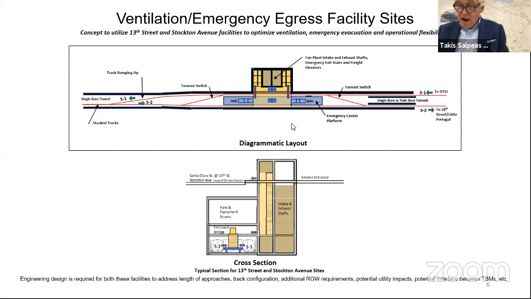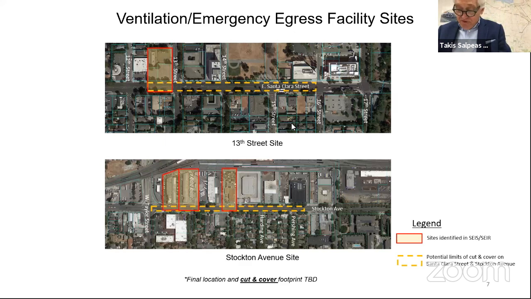And then as they continue downtown, one track will go above the other. The ramps, as Bernice mentioned. And if you go to page 7, you will see 2 aerial pictures just to give you a concept of where these ventilation structures are. The environmental document previously approved had a clear location for the above ground ventilation service facility, something like a 60 by 80 building or footprint, which is around 13th Street.